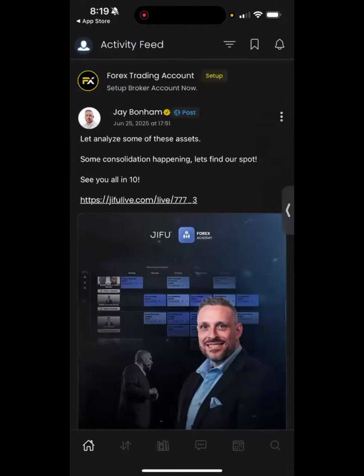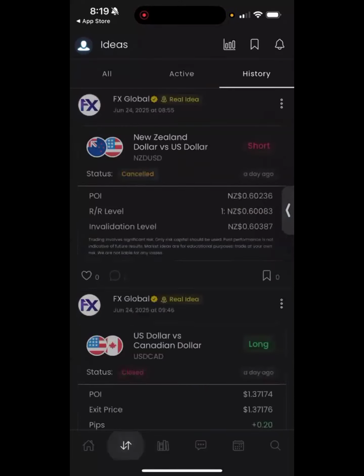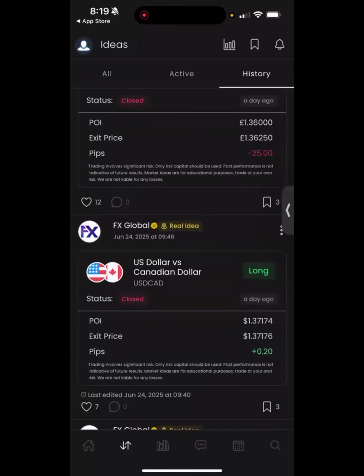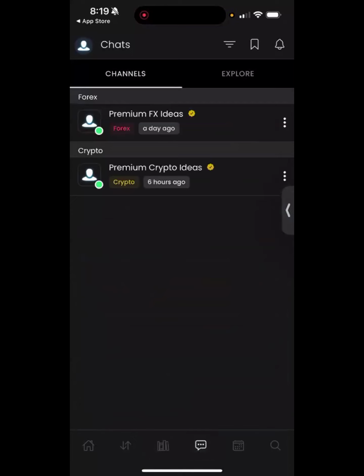Then the next thing I'm going to show us is how to join the channels, right? So guys, as you can see, we have several icons below. You have your home button, and this icon facing up and down is for your tap to trade, right? This one here is your educational content. Nothing is here actually. This is your channel, right? These are your channels basically. You have your premium FX channel and your premium crypto channel. Now let me quickly show you how to,